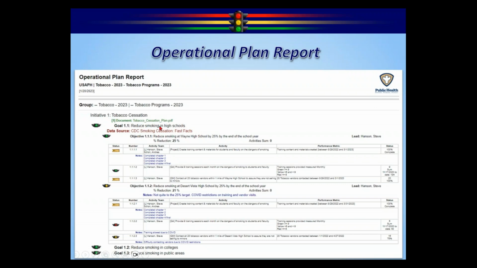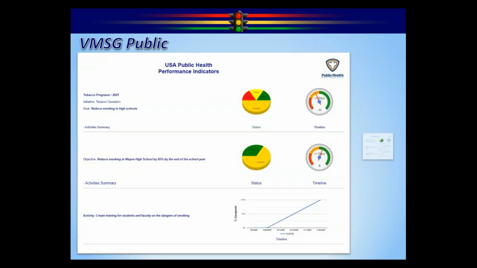Here's that data source we talked about attached to the goal. The blue is the notes that you put in there. You've got the status, the traffic lights, everything you want to know, but were afraid to ask. This report is very, very detailed. In fact, it's the most detailed performance monitoring tool. Probably mostly only applicable to Steve here, who's the activity lead or the objective lead. So Steve wants to see this level of information. Everybody else just kind of wants to know how we're doing.